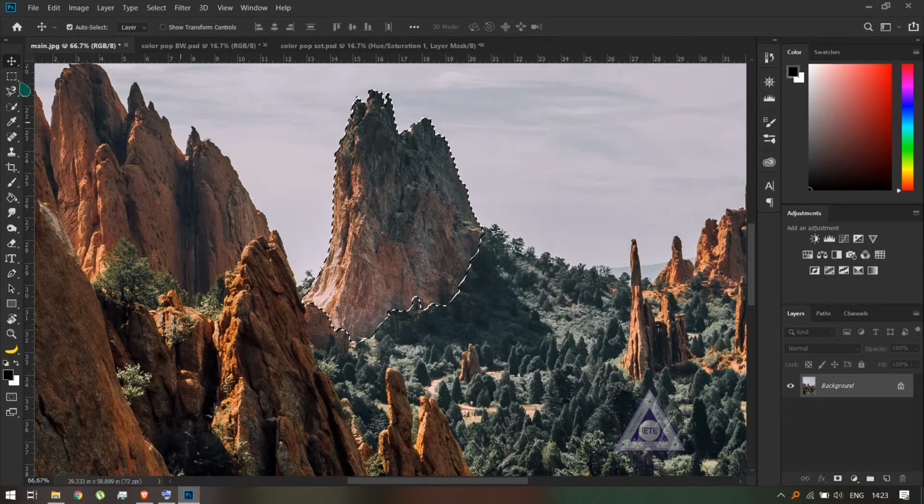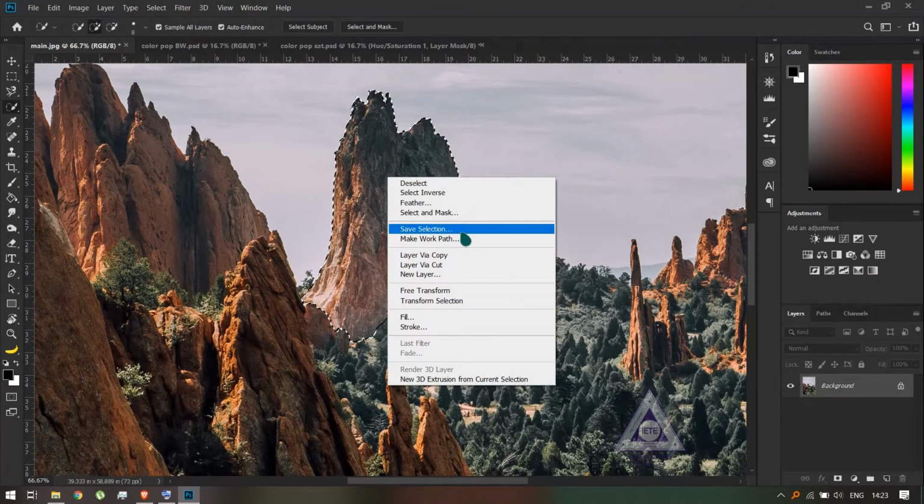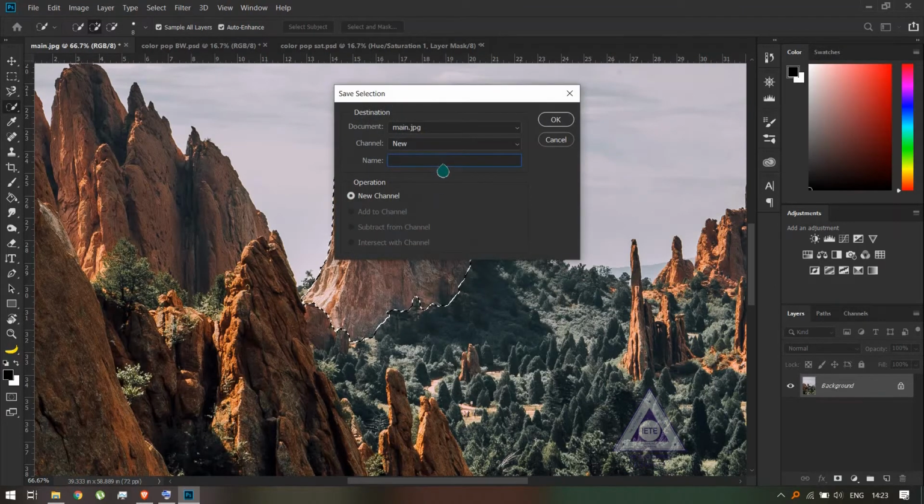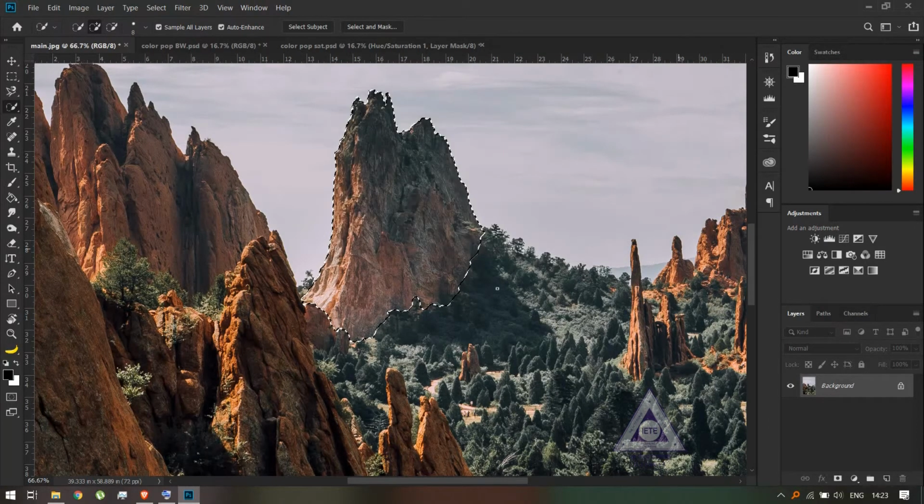Now another good thing about making selections is that you can save the selection that you have already made. So you right click and go to save selection, and I can name it anything. I'll just name it mountain 1, and this selection will be saved.